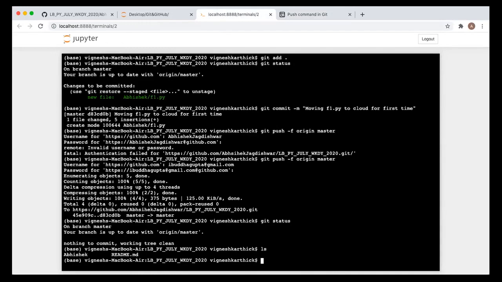Forcibly means what? Generally we push one file at a time. If you do not write -f, you write git push. Let's say you have created only one file, not a folder. If you are just pushing the file, then you can do only git push, and it will push that file. But since you have created the folder, first of all you have to do git add dot, and then while pushing you have to do git push -f origin master. Means whatever changes you have done, all the changes have to be pushed to the cloud. Okay, sir. So it is force, right?